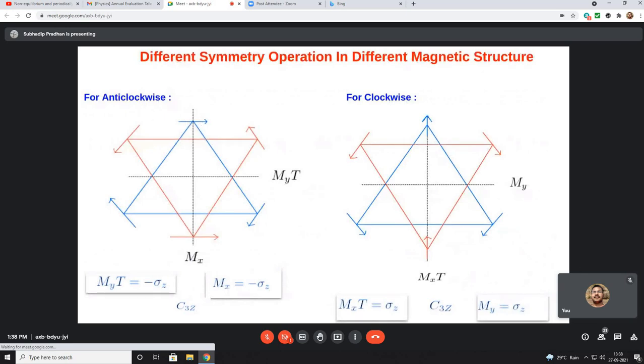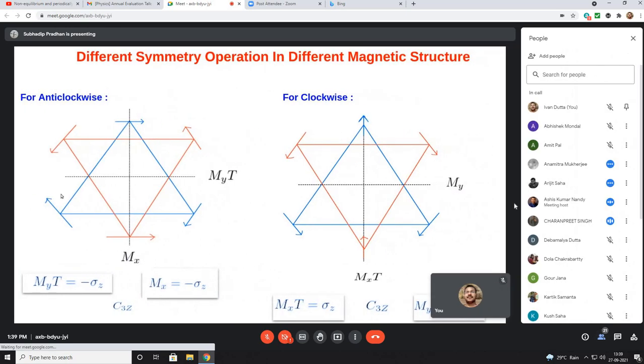I have just one question. For the left figure, if I rotate the structure that you have shown by 90 degrees, will it not give me the same type of symmetries as the right one? If I rotate the full lattice by 90 degrees, will the symmetry operators not look the same then?